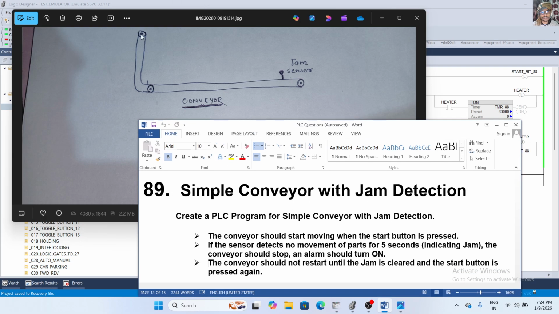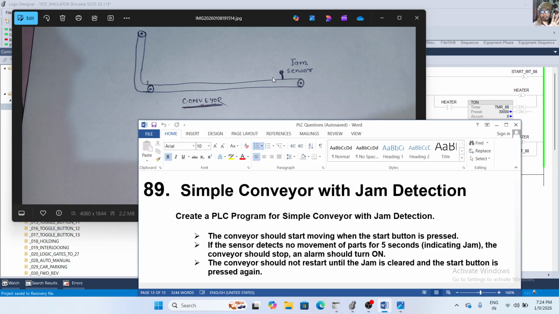This is the conveyor line, and here is an L type conveyor and a straight conveyor, and here is a jam sensor, also known as a traffic sensor. When any material comes from this point to this point and then reaches this point, it takes only 5 seconds.